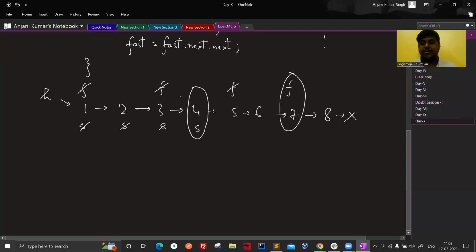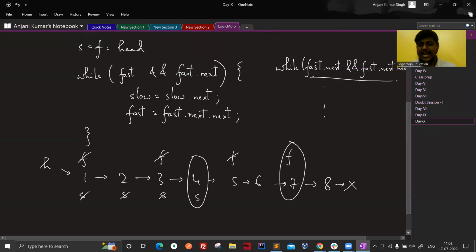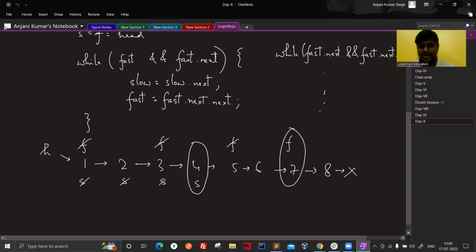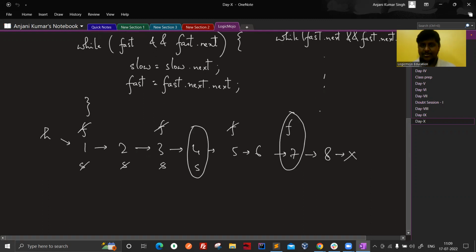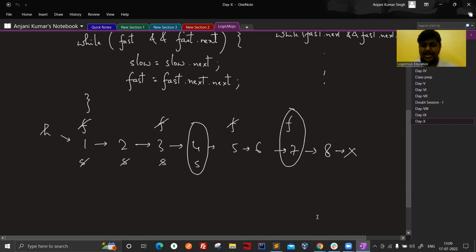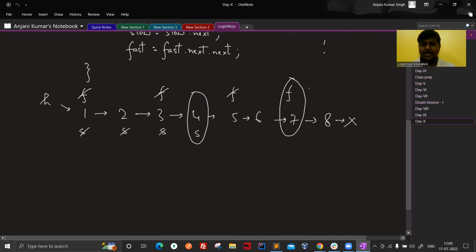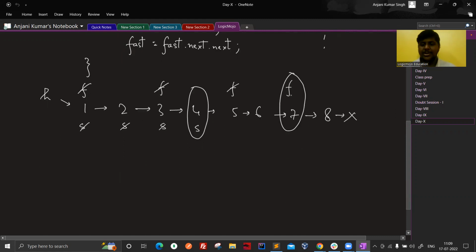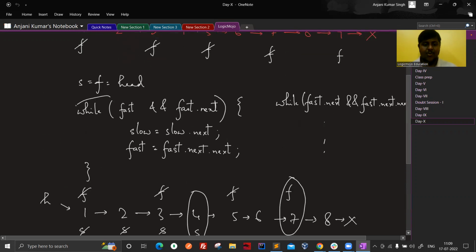Take care. If you use this one, fast.next and fast.next.next, then in that case you will stop your loop right here at this particular point, right? If you are using the second condition, then you will stop right here. In that case, this becomes your middle element, 4. But if you follow this one, while fast and